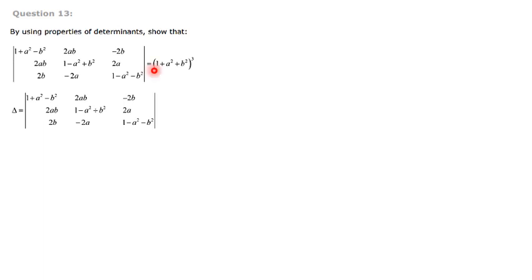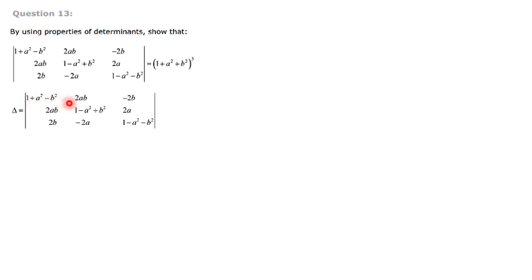So here we need 1 plus a square plus b square the whole cube as the answer, the right hand side. So how we have to make this 1 plus a square plus b square, that is the question. Somehow we have to make this 1 plus a square plus b square and take it common from any row or column. That is the procedure. So when you look at the left hand side determinant,